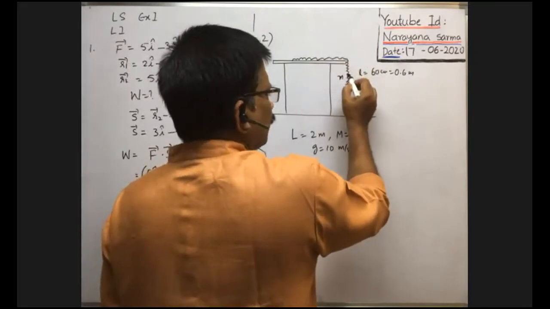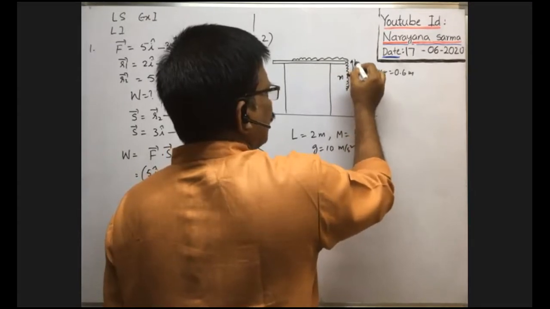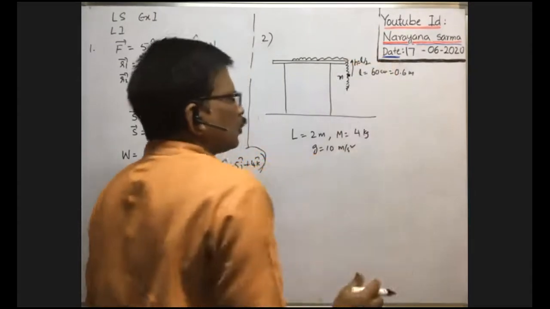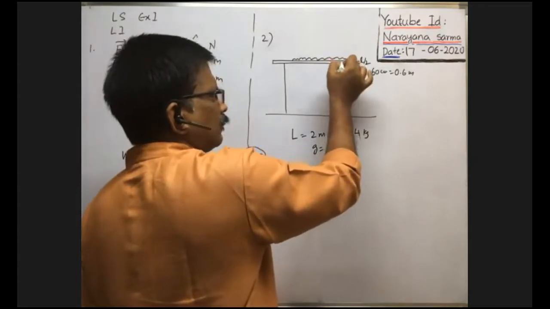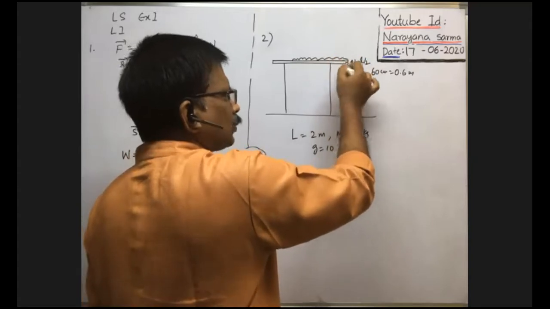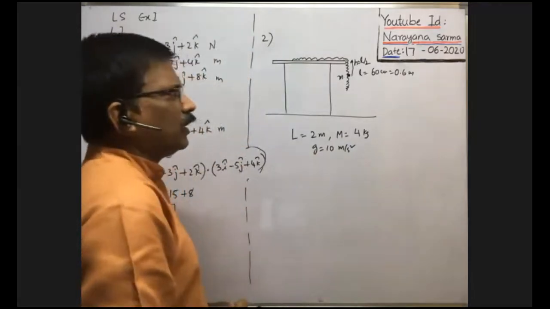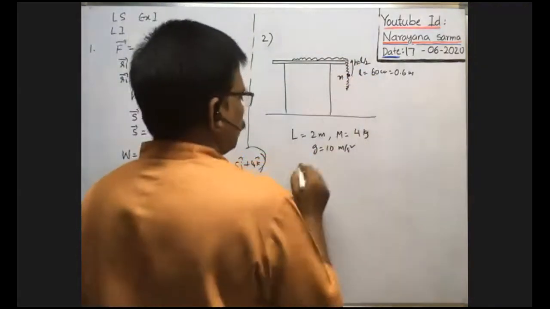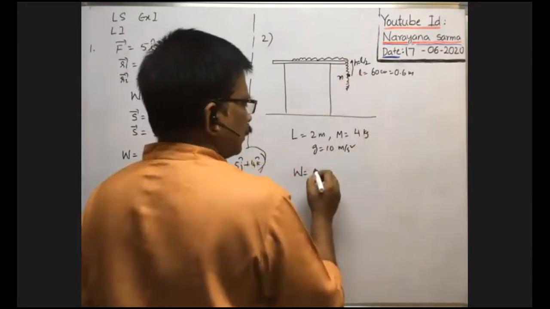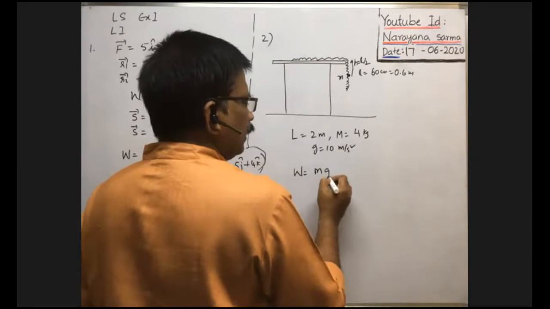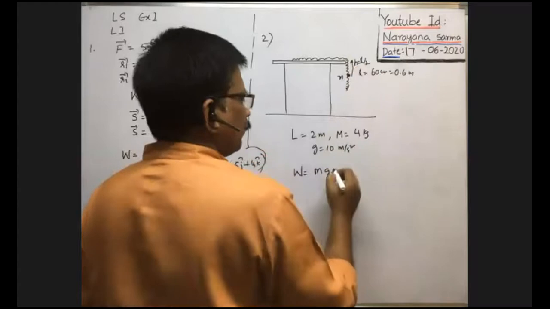To lift the center of mass to the top of the table, what is the distance to be raised? h is equal to l by 2, no? So if you lift the center of mass to a height equal to l by 2, then the center of mass reaches the top of the table, and the total chain will move onto the table. What is the amount of work to be done to lift the center of mass onto the table? Work done is equal to the mass of the hanging part into g into height. Up to what height it has to be lifted? That is h, in general.